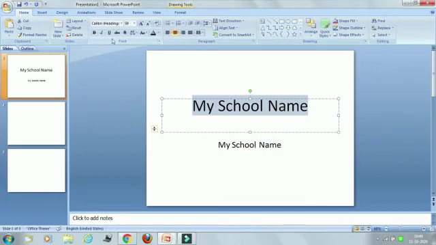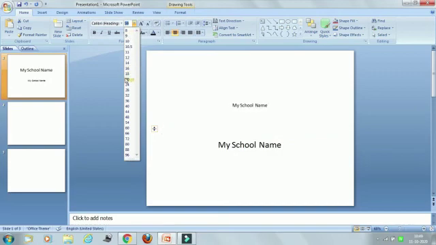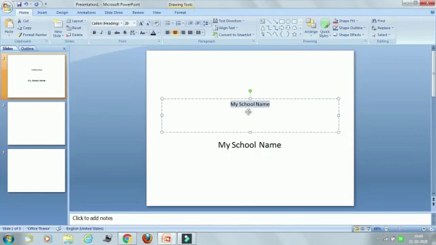Then just see, here is the Font group. From here you can change the font size. Just see font size. Okay, it is increasing, decreasing. Okay, you can select the font size. Okay, then if you want to bold it, just click bold. If you want to italic it, just click on italic. If you want to underline, click on underline. Okay, so in this way you can change the size, you can bold, italic and underline the text.